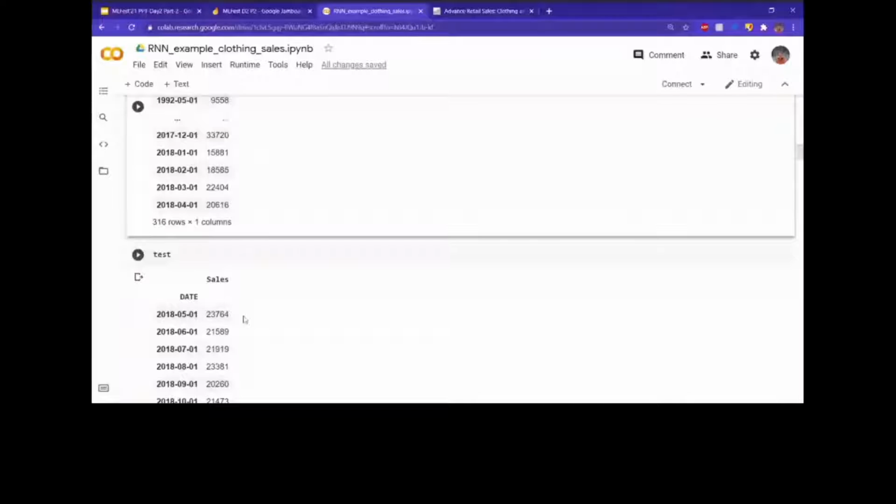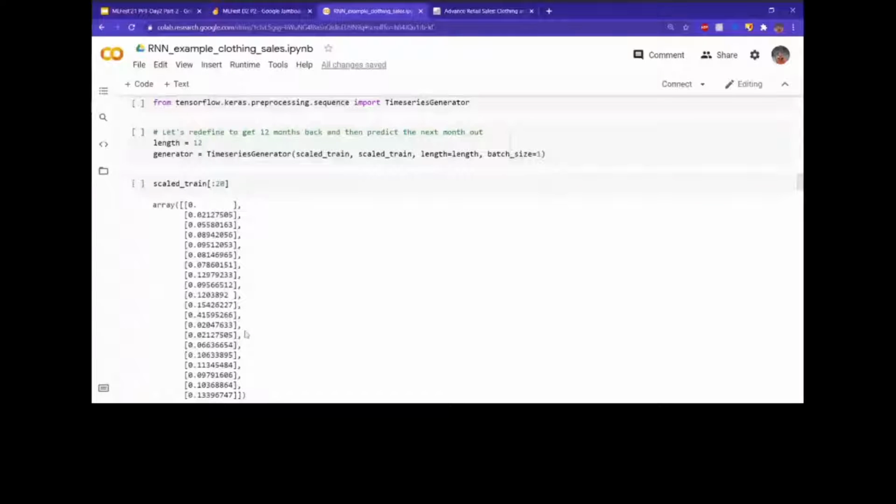So we will keep storing these predicted values, and then we take this one into our batch as well. That would mean that it will have 11 months of our training set, and then one would be the predicted value. Then if you run our model on that, it will give us the next one, which would be the second month of the testing set. When we keep doing that, eventually we will get 18 values,